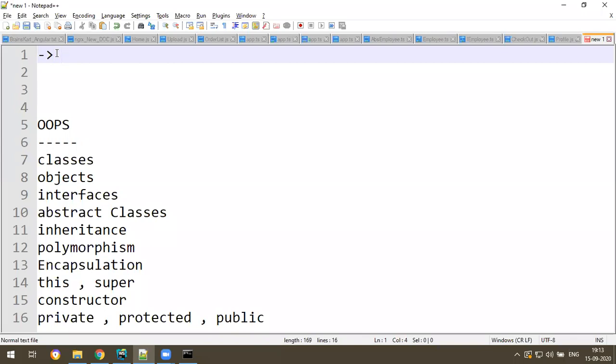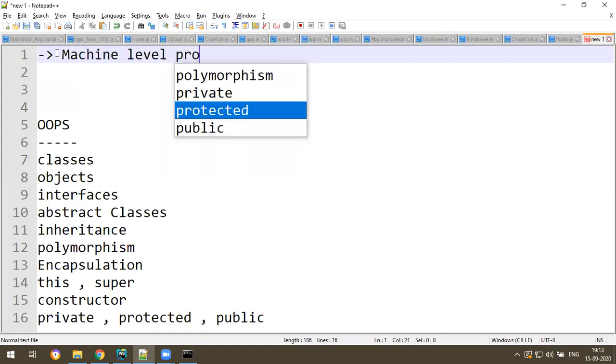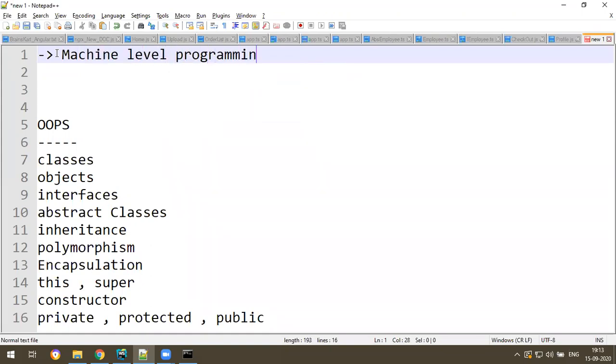Previously, before object oriented, one type of programming they used to write was machine level or assembly language programming. Initially when computers started, that time there was machine level programming, with things like COBOL, Pascal. What is machine level programming?